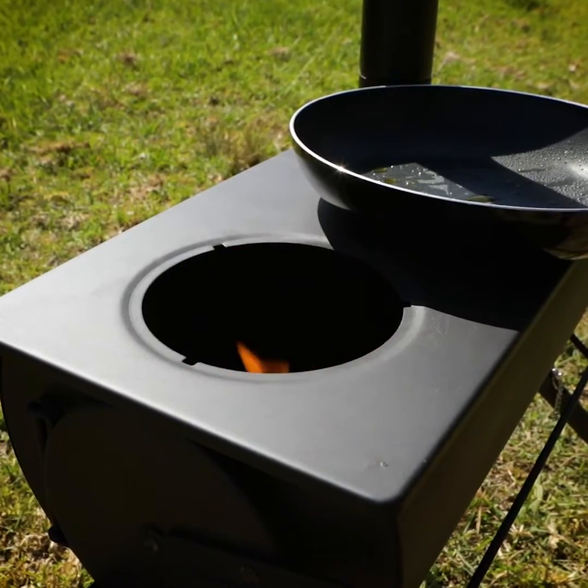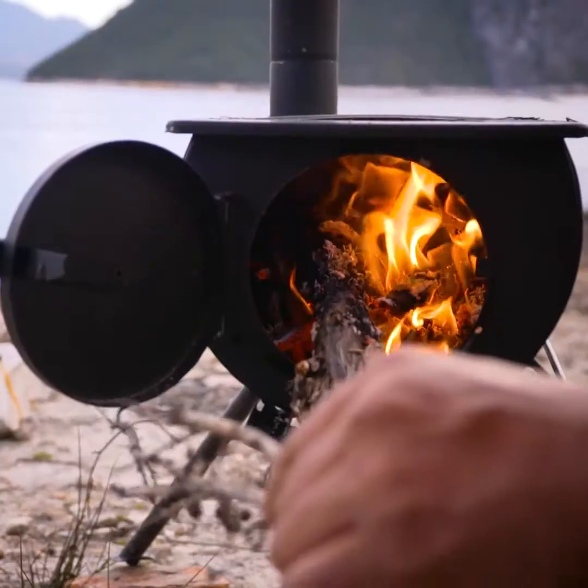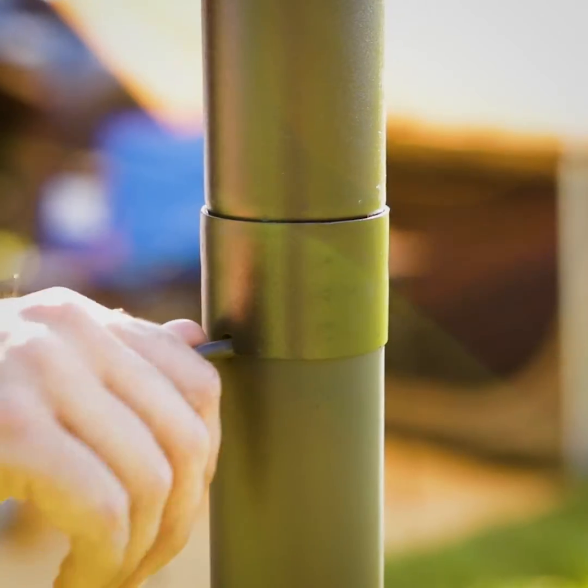It's great for cooking on with the large flat top that gives enough space for 2 pots or pans. It's also great to use as a heat source in cold weather. And the long chimney with adjustable flue keeps the smoke away from your camp and lets you vary the temperature